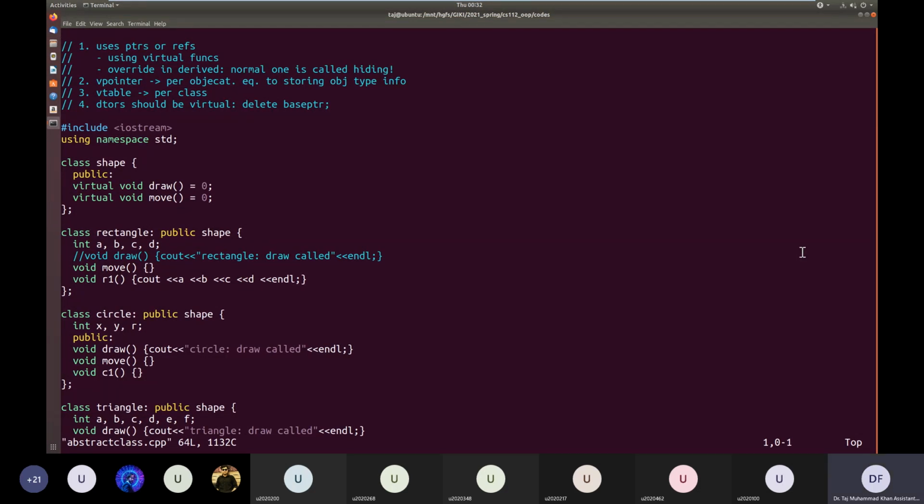Pure virtual functions are transferred to derived classes, and they also make derived classes abstract. Abstract classes are mainly used to specify interfaces, the behavior that we want to be common among all our derived classes.